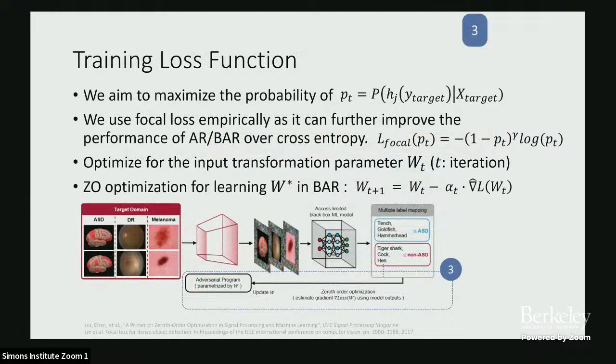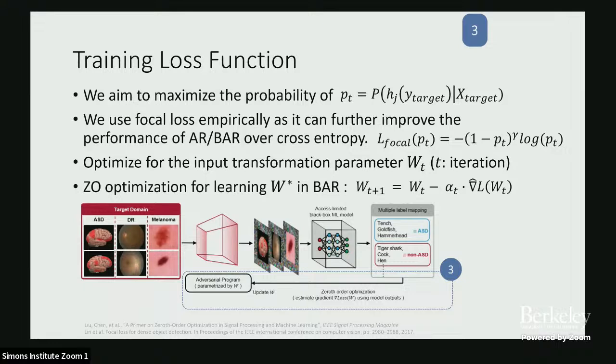Okay. And once we have the mapping and the input transformation, the final thing is training. Here we can take any preferred target domain task, and then we can train those parameters that we introduced, the input perturbation parameters W. The training depends on the scenario. If it's a black box, we will use a gradient-free method to update the weights until it converges. If it's a white box, then we can simply use the gradient-based approach to optimize the parameters associated with the information transformation block.